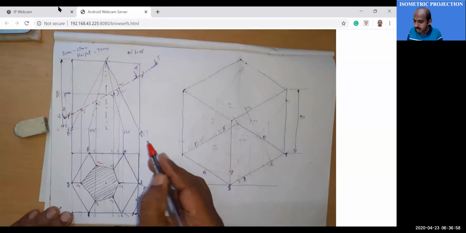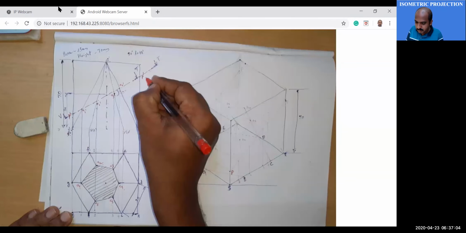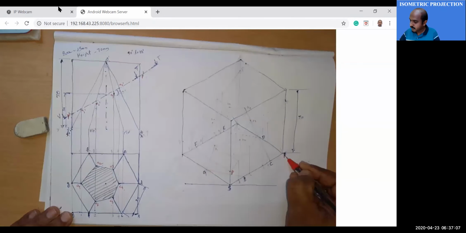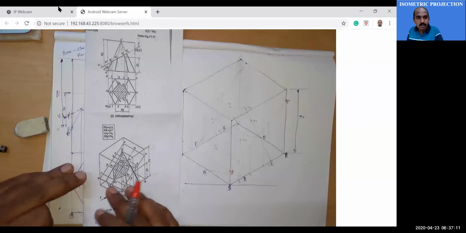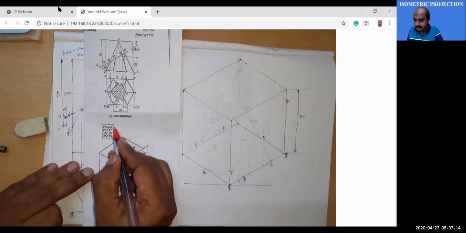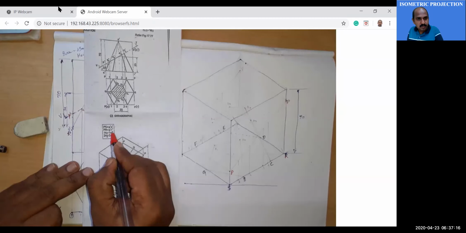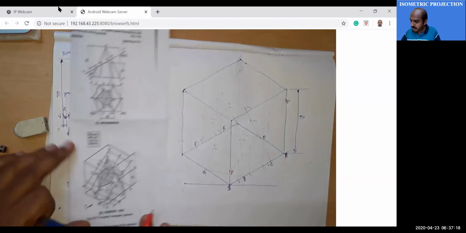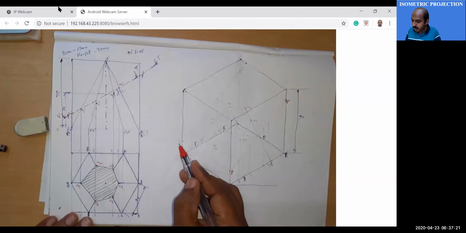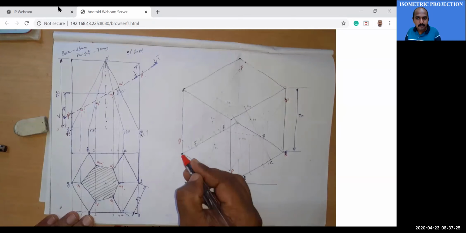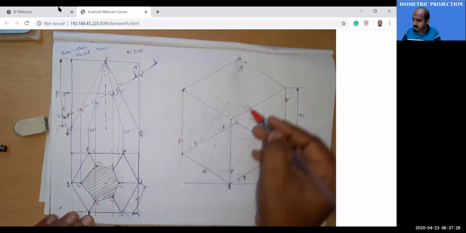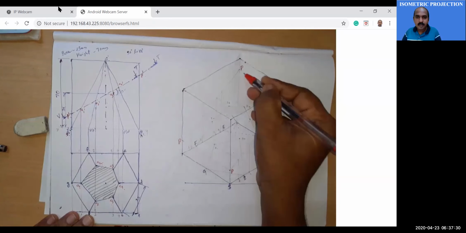And you measure R dash P dash height. From here, you can mark this point. PR, just noted here. You can see that PS is equal to P dash S dash and PR is equal to P dash R dash. So you mark this point. Similarly, from here also, you can locate capital P here. From here, this distance is equal to P dash S dash, and from this corner it is equal to R dash P dash.